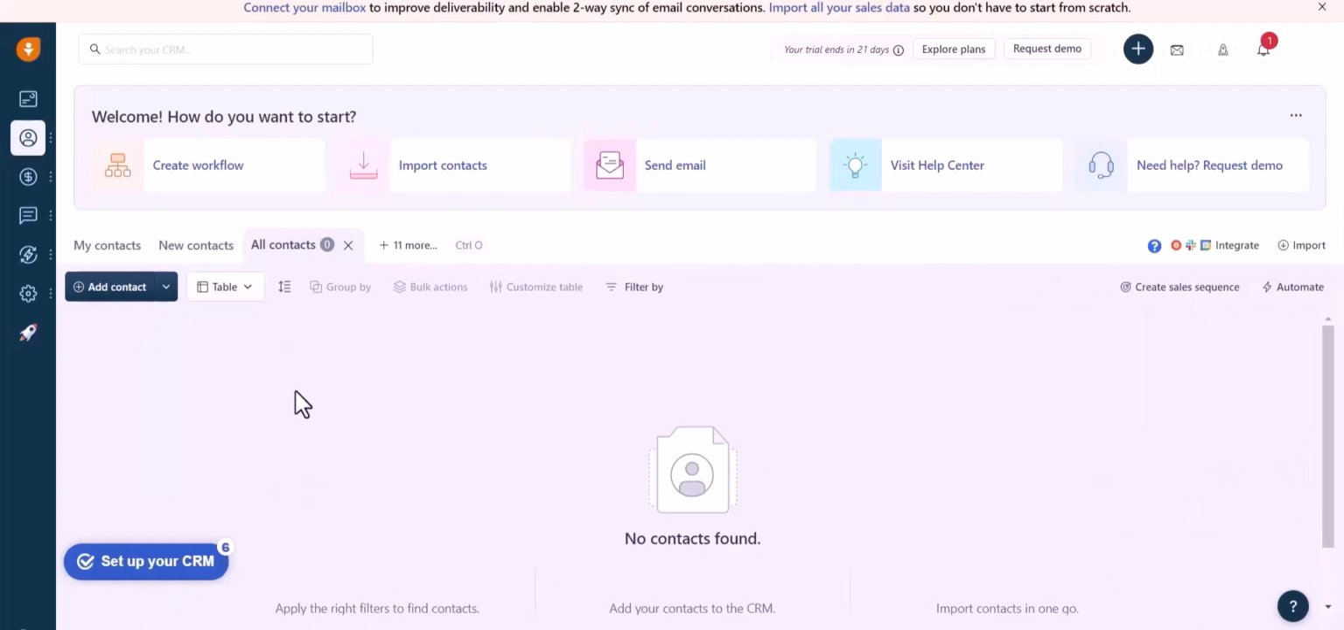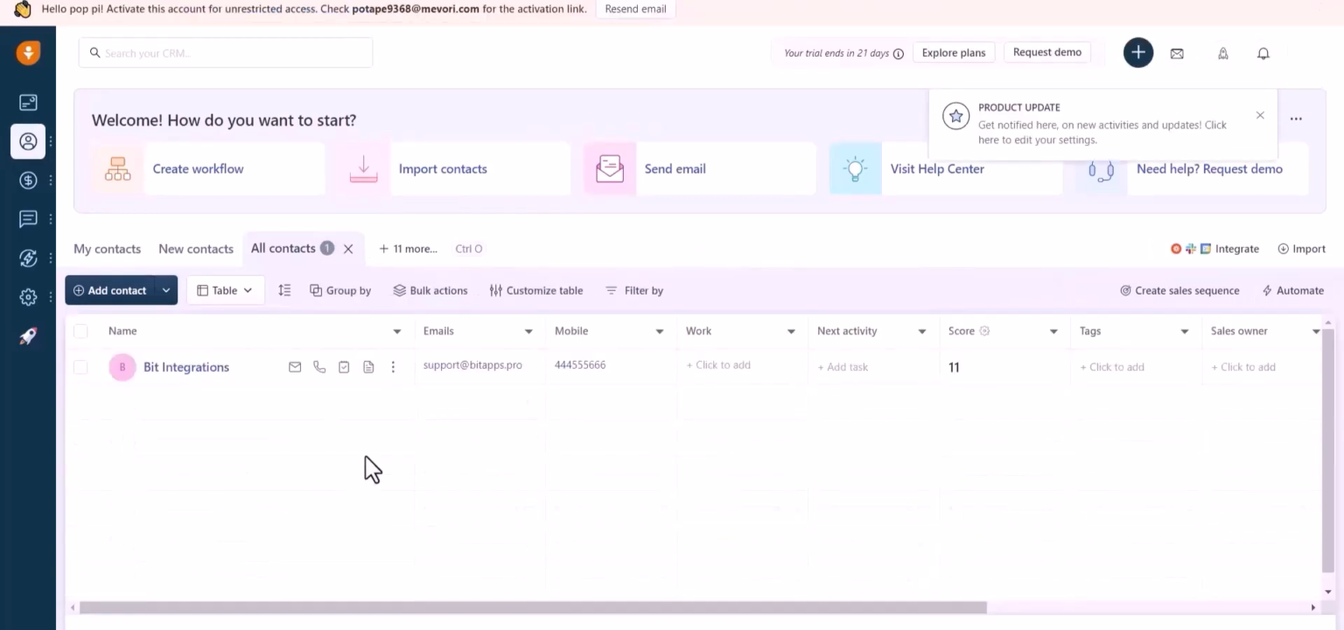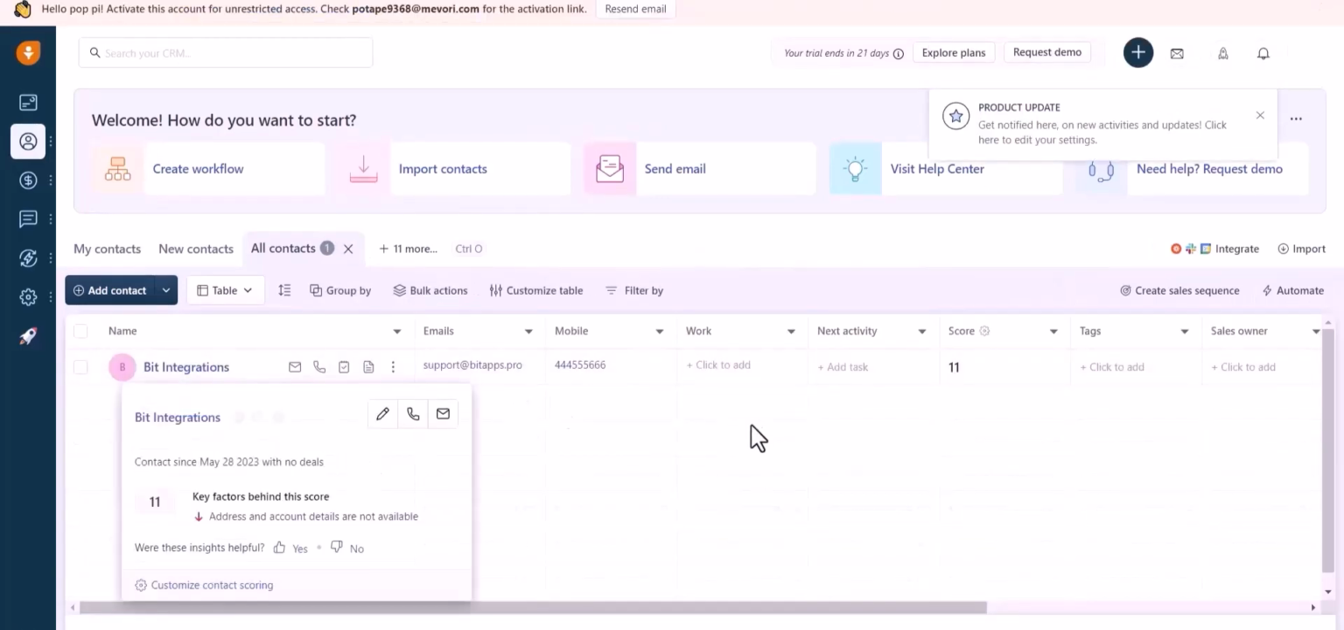Form is successfully submitted. So go to your Freshsales site and refresh the page. Here you can see the data came successfully in the